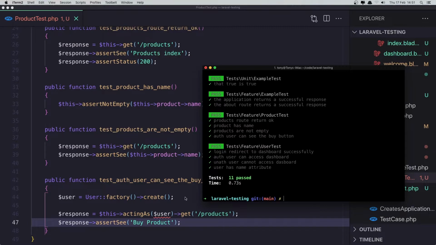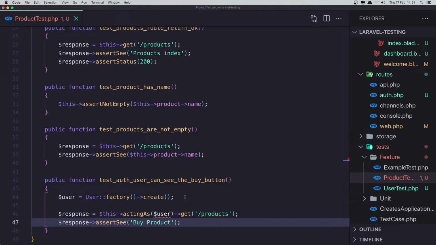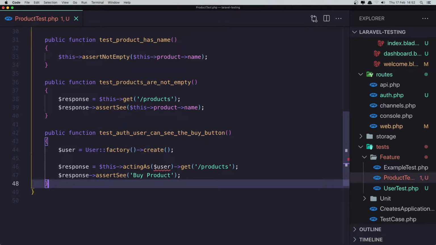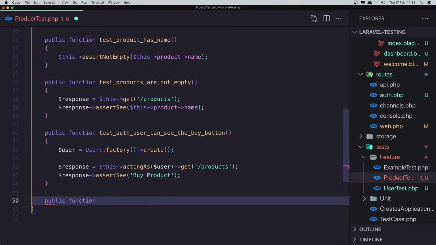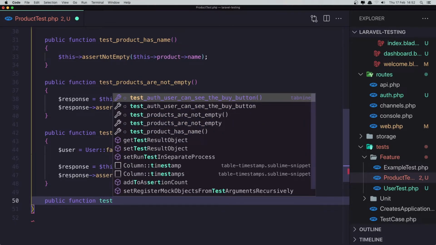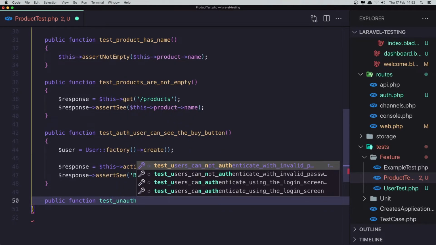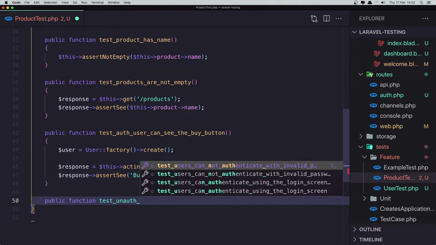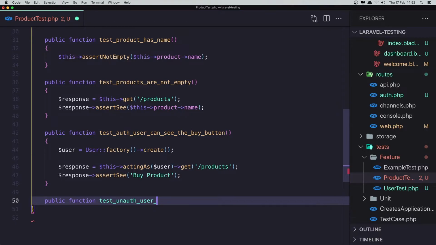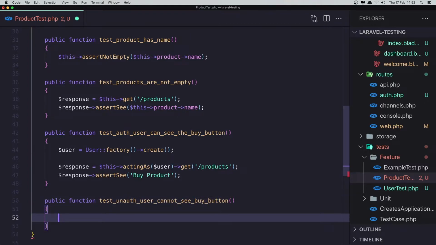Artisan test and passed. Now if I'm going to check if we are not user, so public function test that unauthenticated user cannot see that button, cannot see the buy button, and here we just going to say the response is going to be this get products,